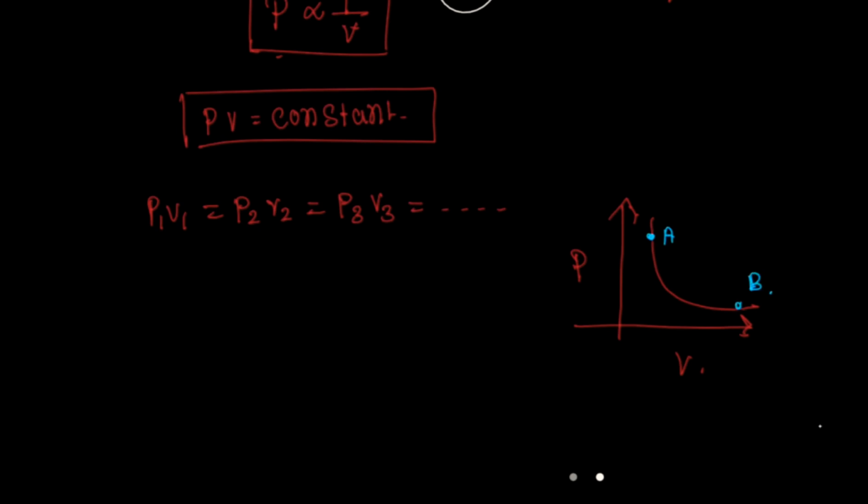Now you need to tell me what is the temperature of A and what is the temperature of B. Which temperature is greater, the temperature of A or the temperature of B? Again, there's a PV curve, and in that curve there are two spots, A and B. In which spot is the temperature more, spot A or spot B? That's the question. So pause the video and think about it, and then play the video